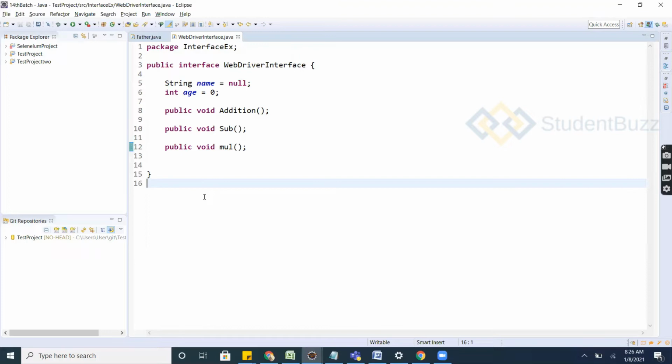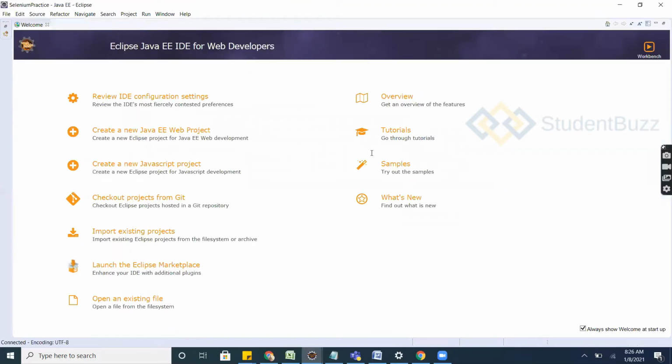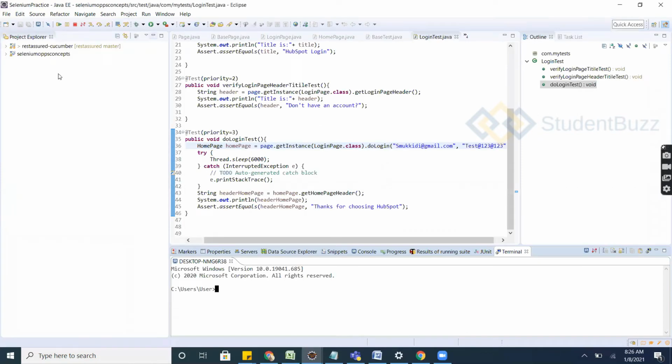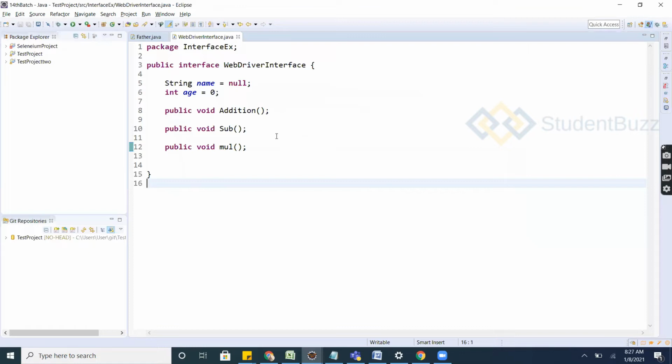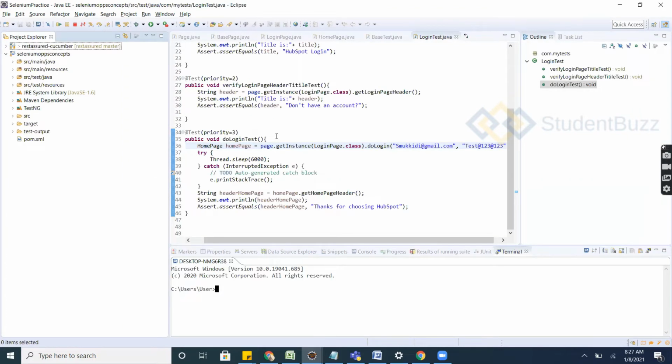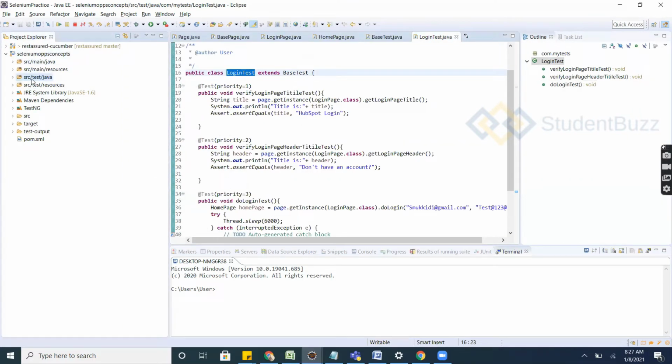A majority of the people will not answer it, because they don't go inside that particular API. It's a very basic thing we need to know, which class implements it, because it's an OOPS concept, right? When you are learning it, you need to know it. What is an interface, what is a class, and when you say WebDriver is an interface, the very next question you should have is, if it is an interface, it will have non-implemented methods. Where exactly is it implemented? You should know that. Here, I'll create one class.